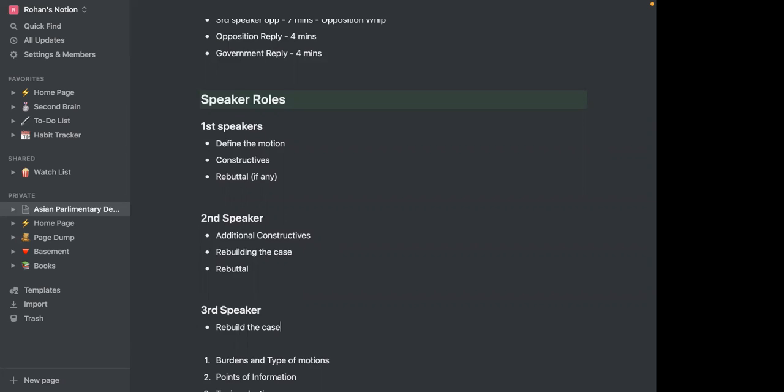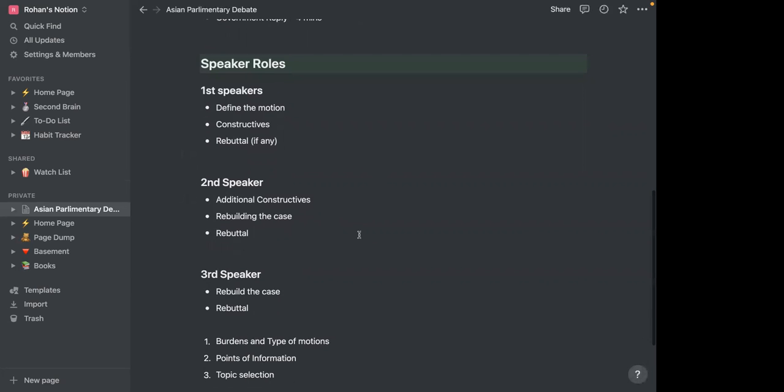So number one, you rebuild the case, but most importantly, you provide rebuttal, where you take down the other team's argumentation and talk about why it's particularly wrong, or what they were arguing is not particularly effective. We'll again talk about how exactly you take down argumentation in the next workshop. This is just so you know what is supposed to happen in terms of the overlying themes.